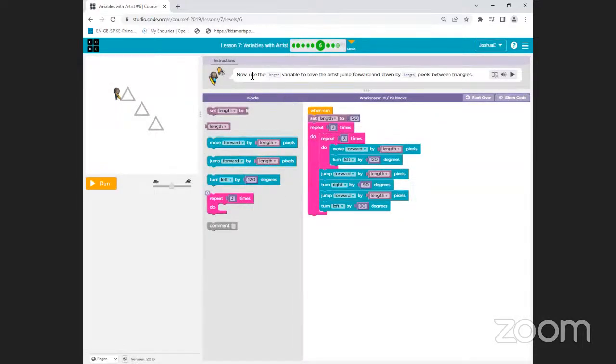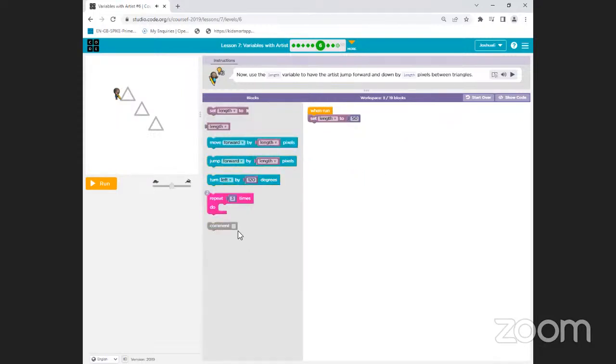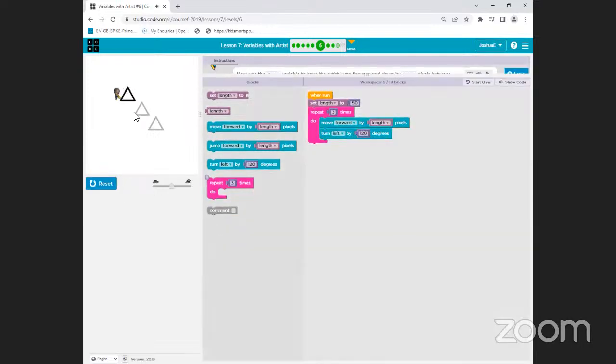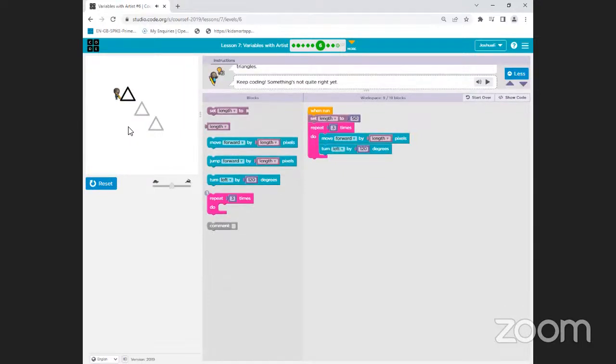Now use the length variable to have the artist jump forward and down by length pixels in between the triangles. Okay, so what we're going to do is, the set length is obviously 50. So what we're going to do at first is just the normal thing. That would be one triangle. Now we need to know how to get this triangle. So what we're going to do is